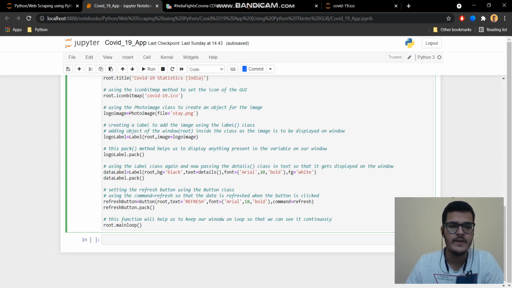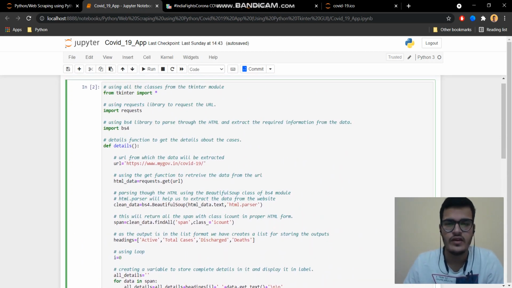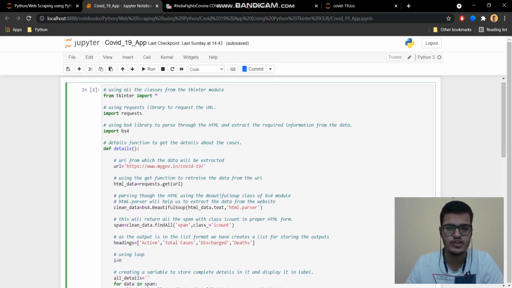After that comes the main part, the pack method. We have created many objects, but to display anything on the window, we have to use the pack method. The pack method is used to display anything on the window. After that, as we have created our GUI,